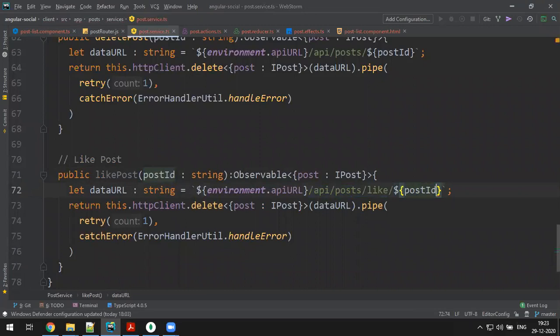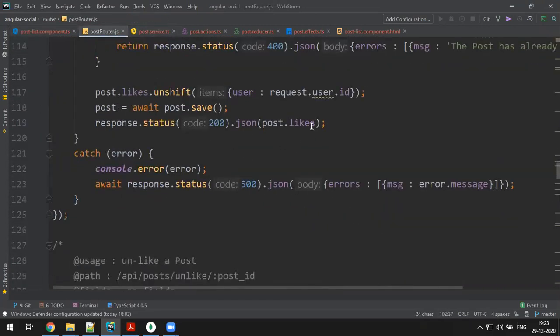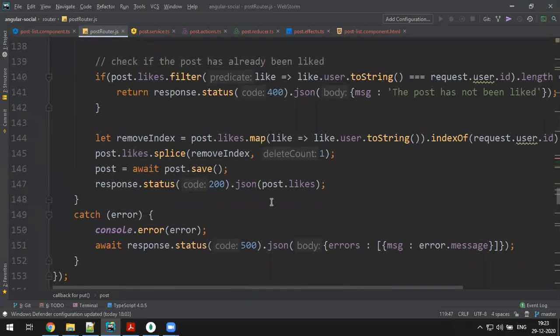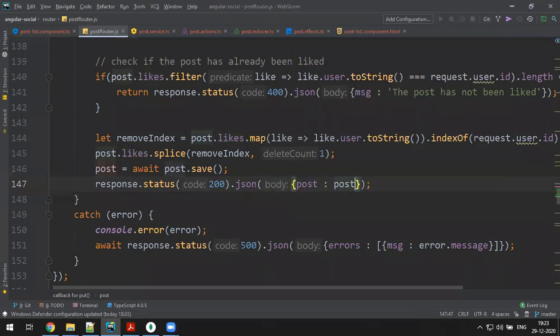So what you receive back, you like a post, you get the likes. No likes, you get the post as it is. Dislike also, I have to get the particular post only, not just likes. I get the post only. Post internally contains the likes array. That's fine. Number of likes you can make.